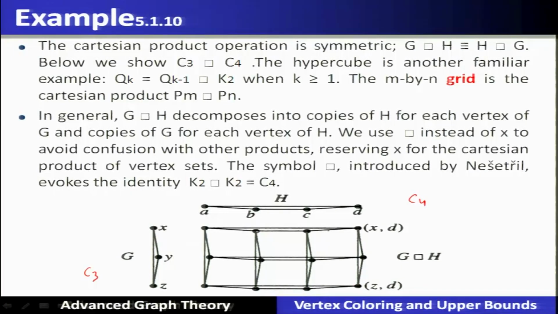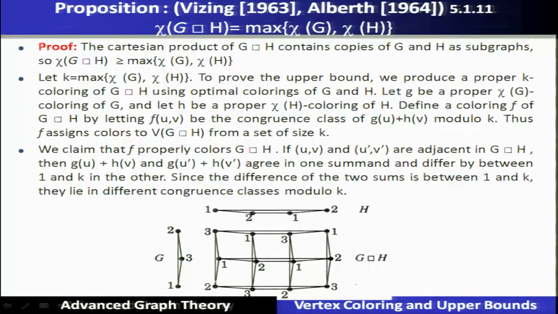So, you see that this particular cycle is repeated at every pair of vertices, and this particular cycle is also repeated on the other side, and that becomes a Cartesian product. So, having defined this particular Cartesian product, then let us see the proposition given by Wissing